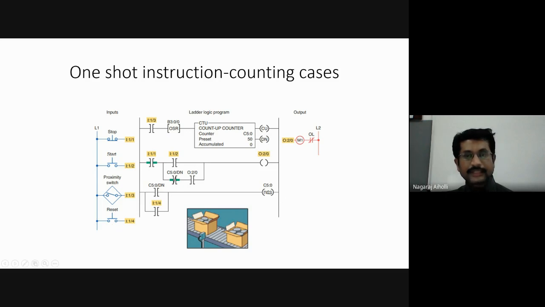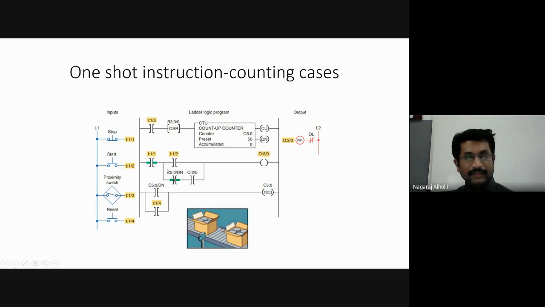It has the same address as the up counter. The up counter address is C5:0, and the reset instruction address is also C5:0. This is made the same purposely so that whatever accumulated value is in the up counter is reset to 0. So this is the third rung.